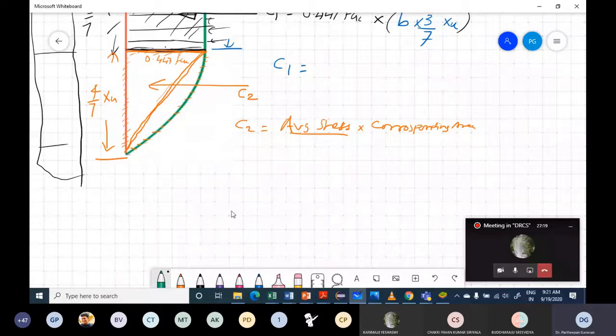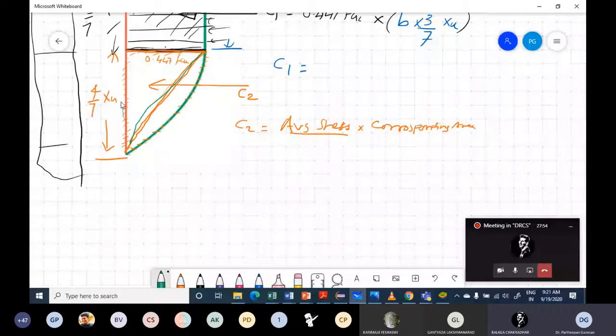Mr. Chakradhar, roll number 5. What is the average stress? Are you there, Mr. Chakradhar? Yes. What is the average stress on the parabolic part? Definitely, this will be more than 1/2, because your triangle is only this much. It is more than the triangle, so it should be more than half, and less than 1.